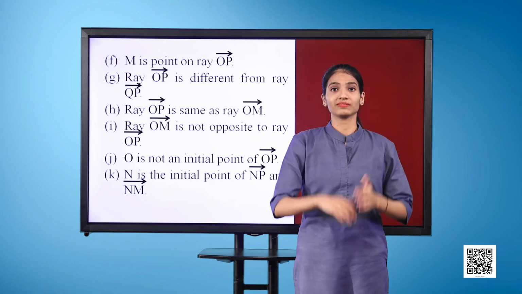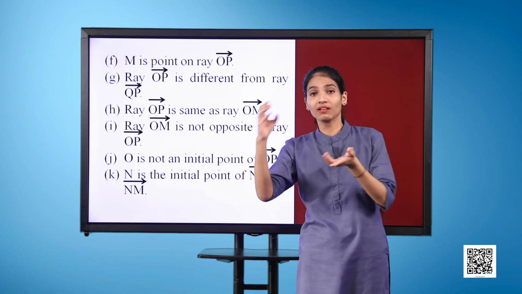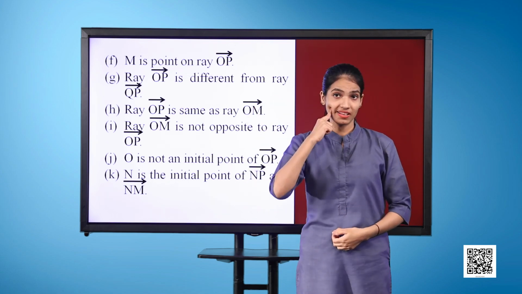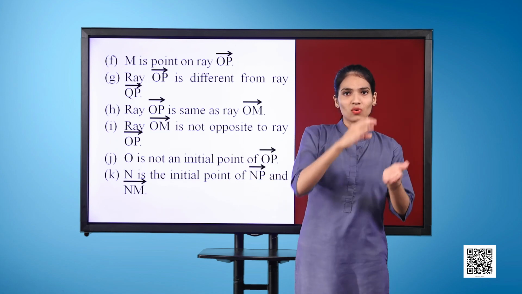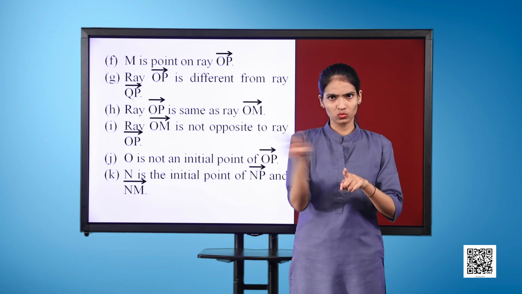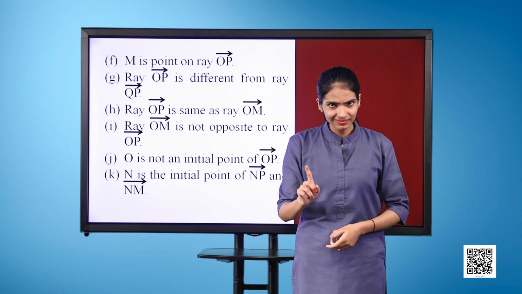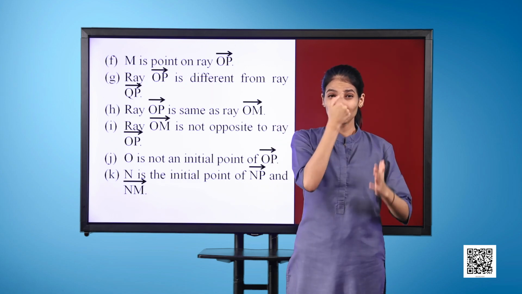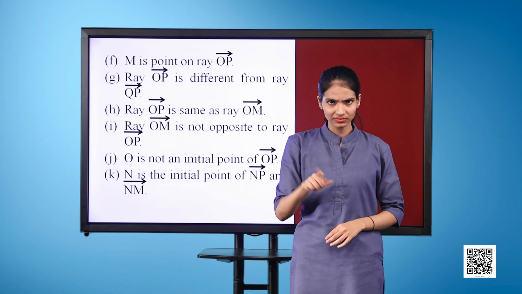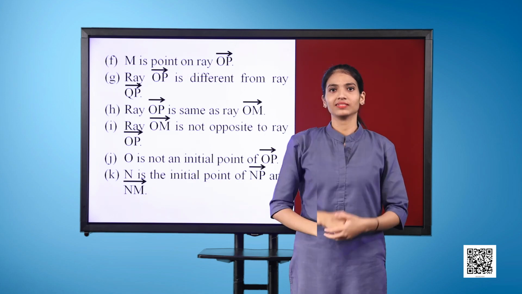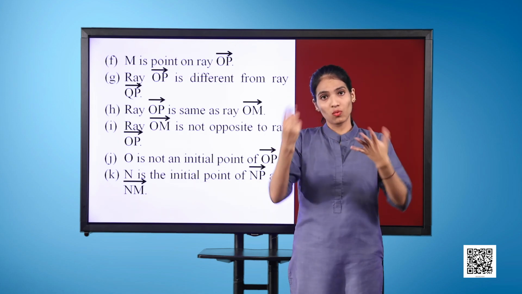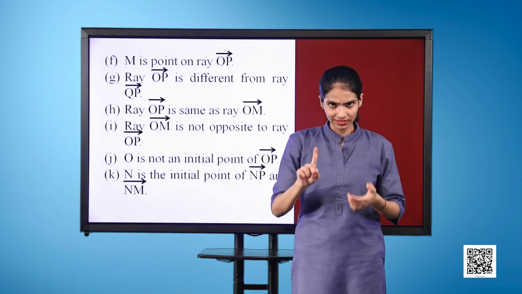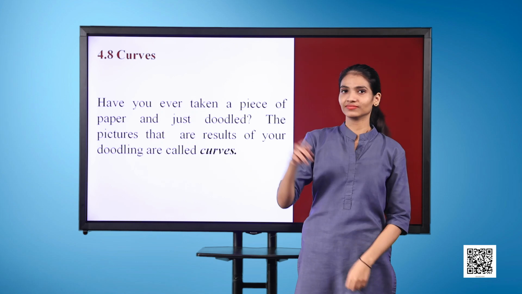H. Ray OP is same as ray OM. I. Ray OM is not opposite to ray OP. J. O is not an initial point of OP. K. N is the initial point of NP and NM. (4.8)